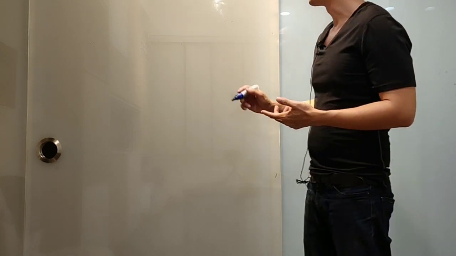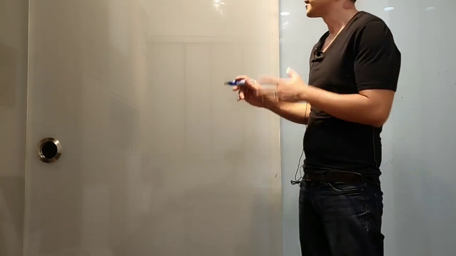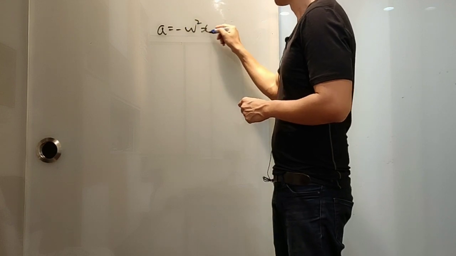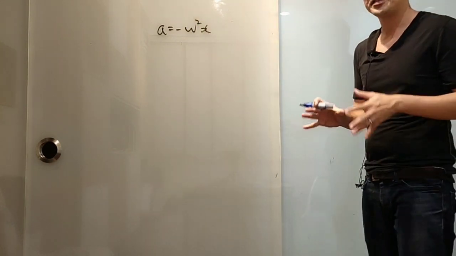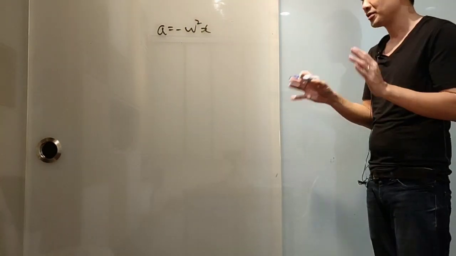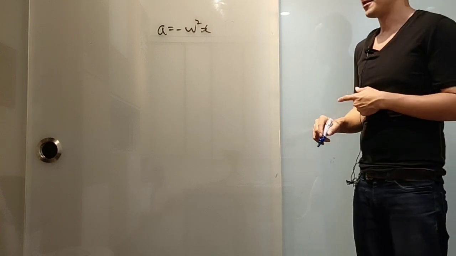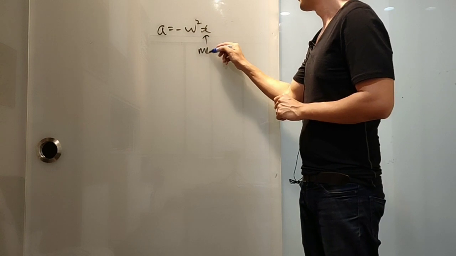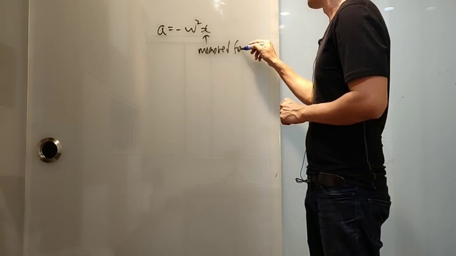So I'm going to go through topic 4.1 first. And topic 4.1 and 9.1 is going to cover SHM. The central equation for SHM is this: a equals minus omega squared x. You need to know that all motion that satisfies SHM must follow this equation. Very important, you need to know that this is always measured from equilibrium